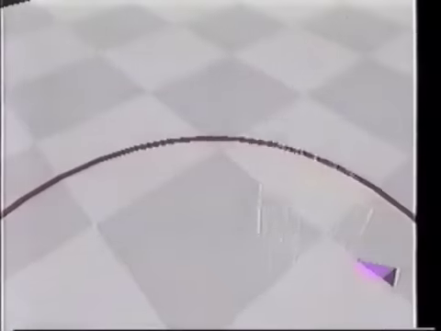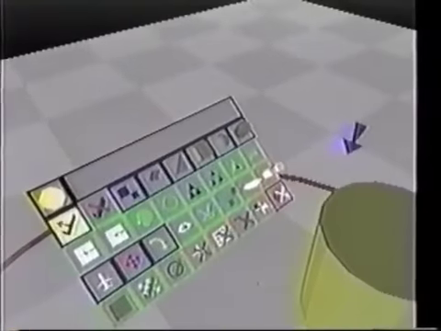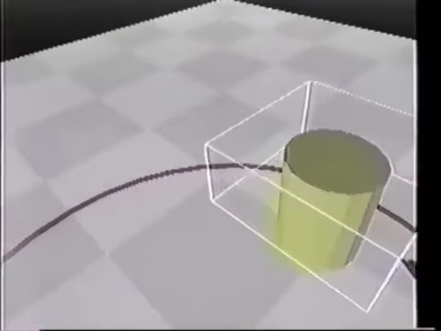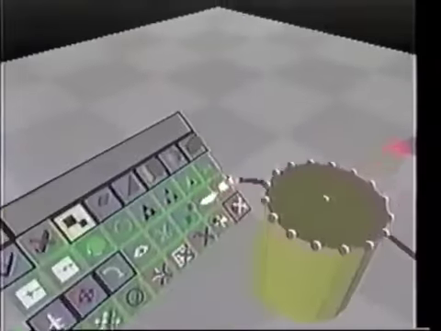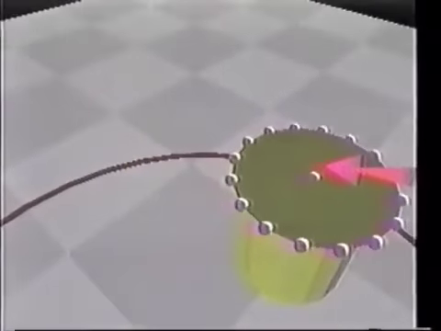Now this is a demonstration of a program called 3DM that's for 3D Modeler. It lets you, within the virtual world, construct three-dimensional objects. It's a modeler. So there the user used that palette, Macintosh-style palette, to select a cylinder. And now he's using a selection tool to select the top surface of the cylinder. Little spheres appear around each of the points in that surface. And now he's going to scale that up to make it more